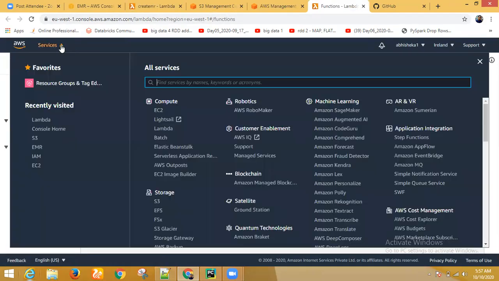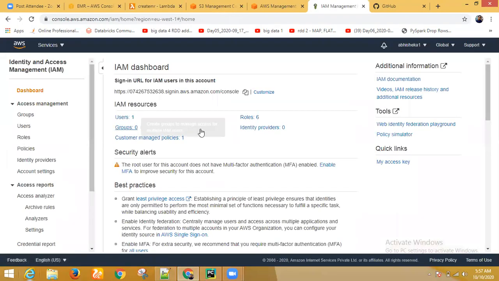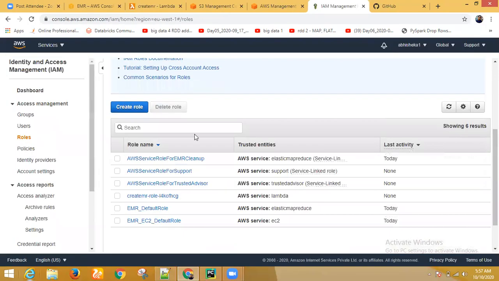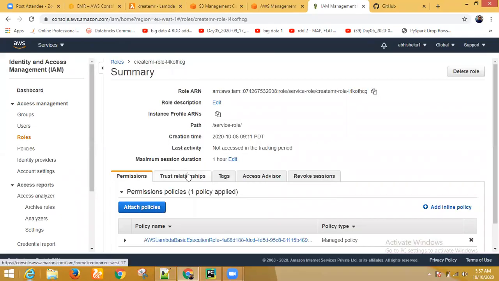So you have to create an IAM role. It has created an IAM role, and you have to just add a few policies there. These are redundant things, so finish it, otherwise we'll be doing the same thing again and again. In roles, we can see the create EMR role.